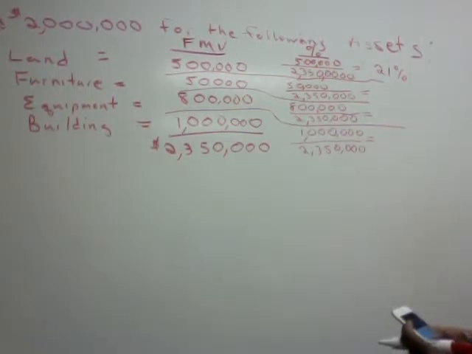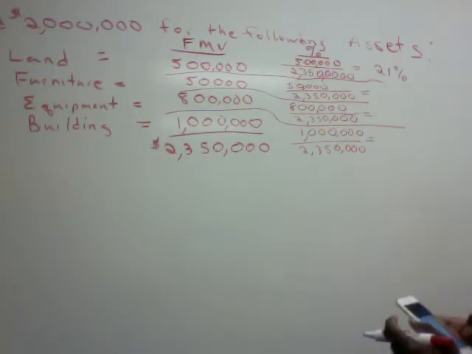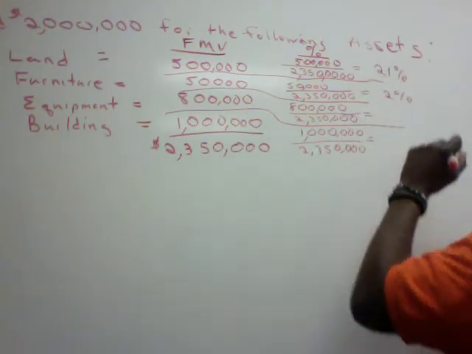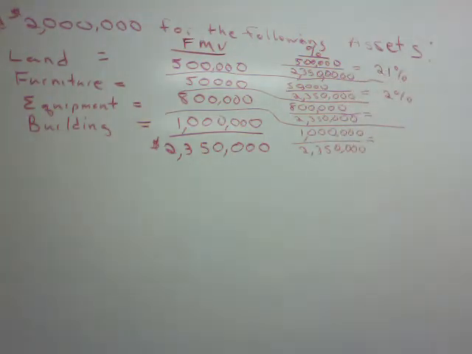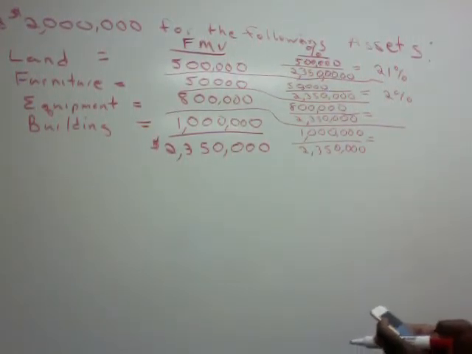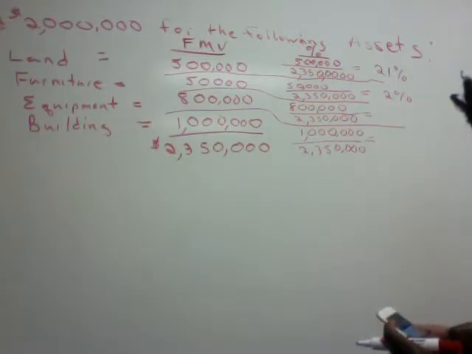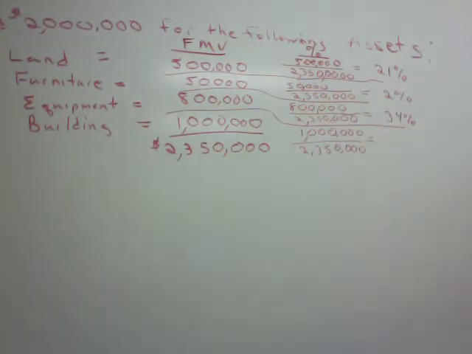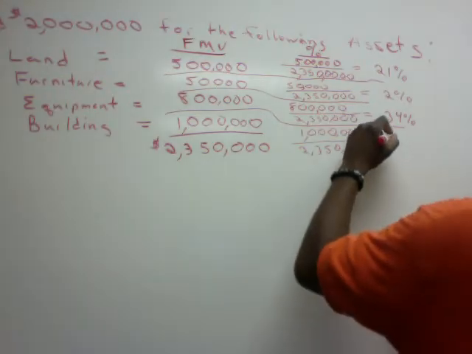Then the furniture, 50,000 divided into 2,350,000, that'll give us roughly 2%. We're going to take the equipment, 800,000 divided into 2,350,000. That's going to give us 34%. And I'm going to take the 1 million and divide that into the 2,350,000. That's going to give us